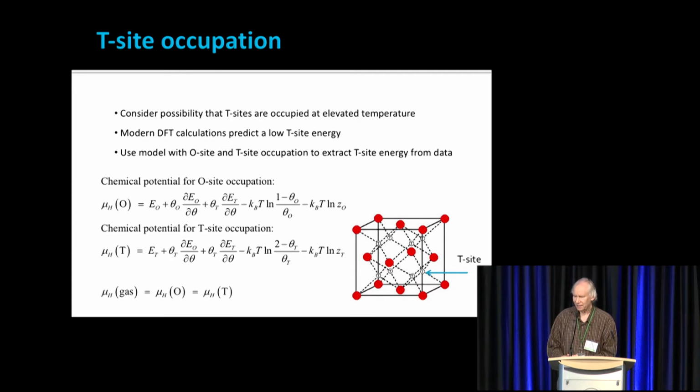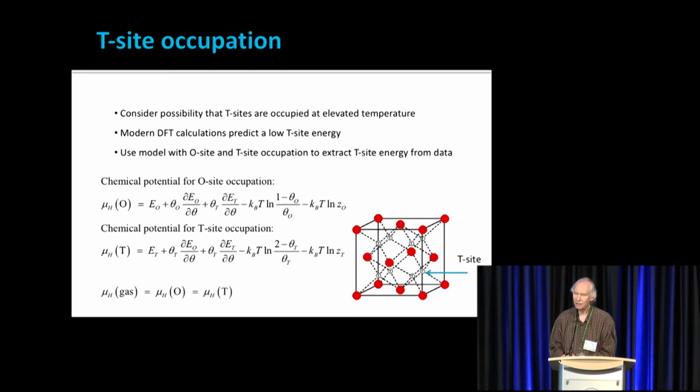So in this case, the tetrahedral site occupation energies are calculated to be anywhere between 50 and 150 millivolts above the octahedral site. So the O to T excitation energy, by theory, would be somewhere in the neighborhood of 50 to 150 millivolts, which is certainly low enough to lead to occupation at the elevated temperatures of the